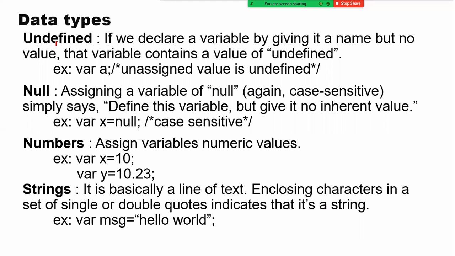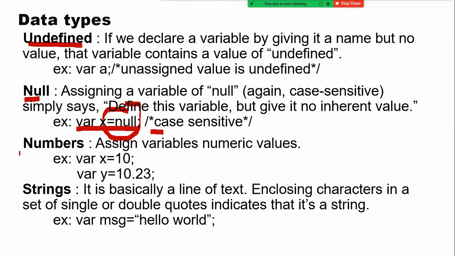Internally in JavaScript, if I'm not defining any value, then it will be taken as an undefined value. We can also have a variable whose data is null. So for example, I'm writing var x is equal to null. That means the variable will have the value null. Remember, null is case sensitive. If I write it with a capital letter, then JavaScript will try to search for a variable called Null and try to use it. Only if I write it in small letters will it understand that it's a null value for me.